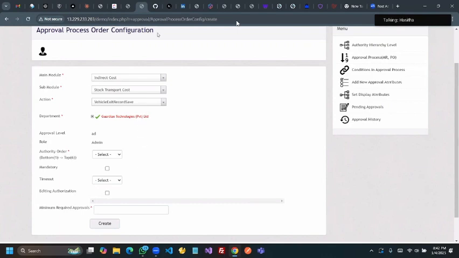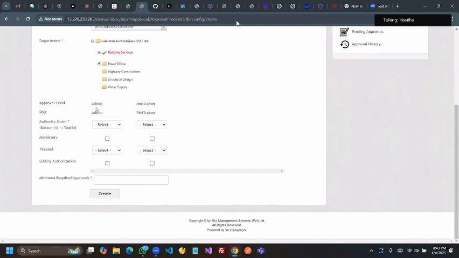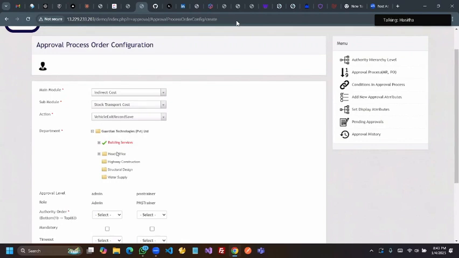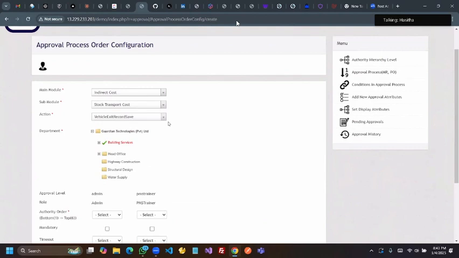Like we have created access control for the building services. We can see the admin approval level and PMS trainer approval level. So for the building services, if we set up the